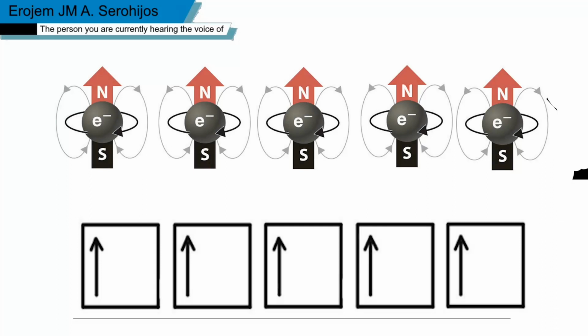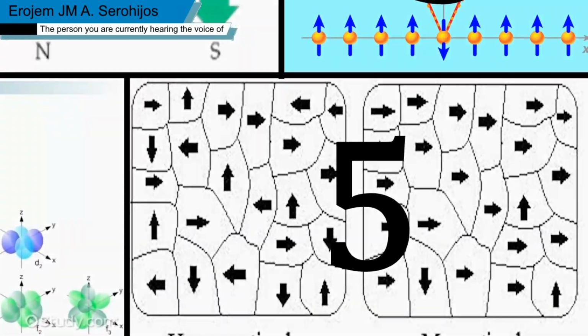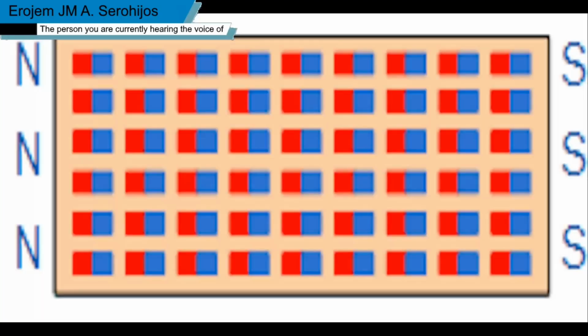However, if the orbital shell is filled halfway or close to it, there are not enough electrons to form pairs, meaning there is no cancellation of magnetic fields, and they are allowed to form a stronger magnetic field, making the entire atom magnetic. Fifth, in order for a material to be magnetic, however, like the bar magnets, all of its